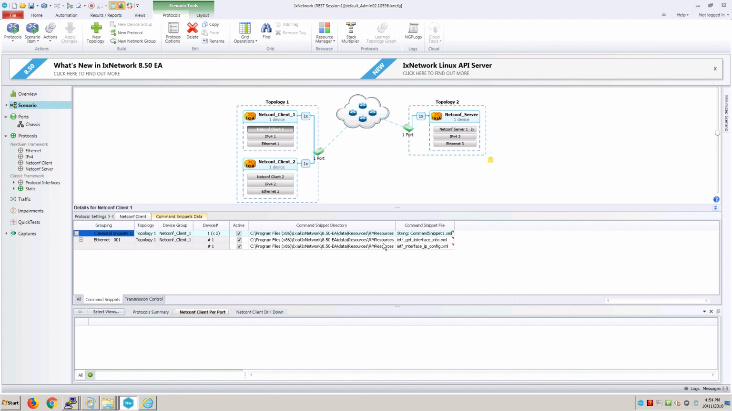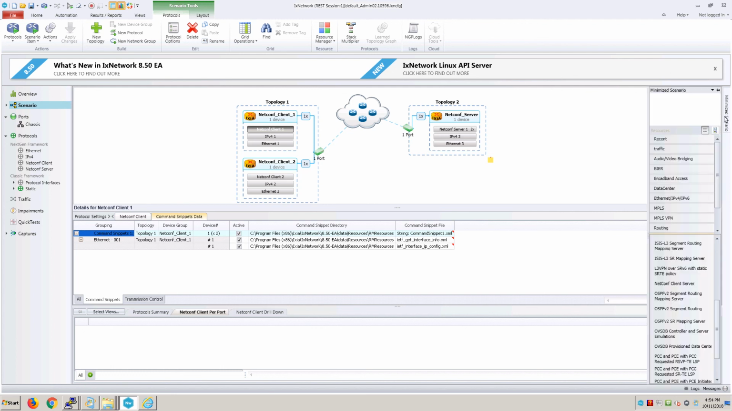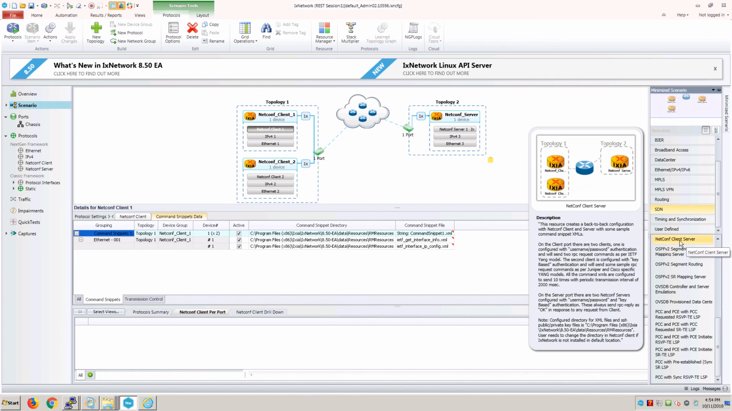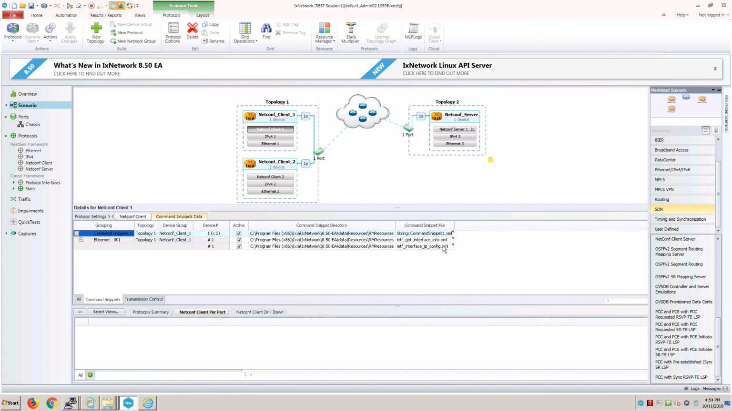So we have some predefined resources here in this scenario. Here under SDN I have used that. There is this NetConf client server, which can be used to start with. You can make use of this configuration, and these folders and XML files are already predefined there. You don't have to write them down. They are already there for a basic demo, or if you want to play around with the solution. Now let's start the protocols,